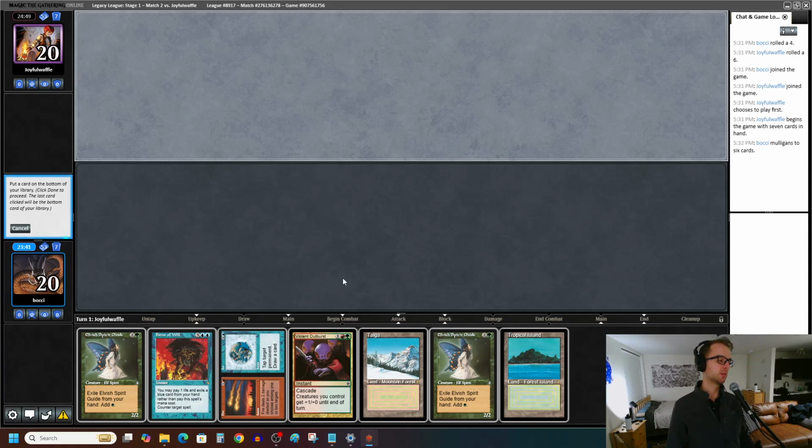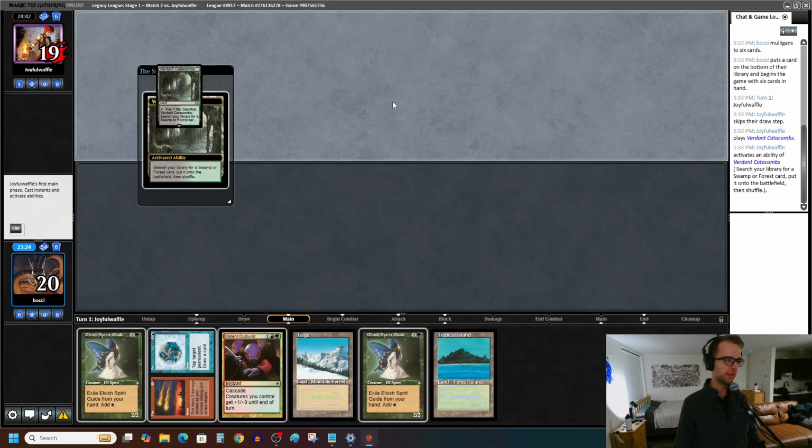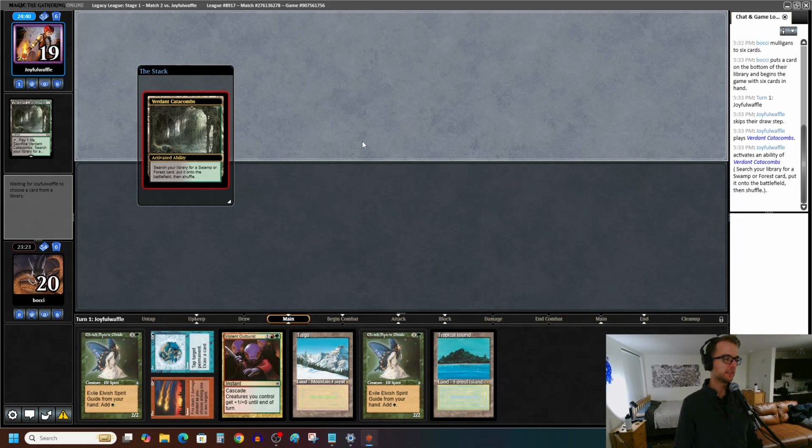And I mulligan my opening. And now I'm trying to decide what I want to do about this hand here. I was thinking about putting back a land, but I think it's actually Force of Will. And we just try to beat their deck. Yeah, I think this is fine. Okay, well they are not on Delver, so...